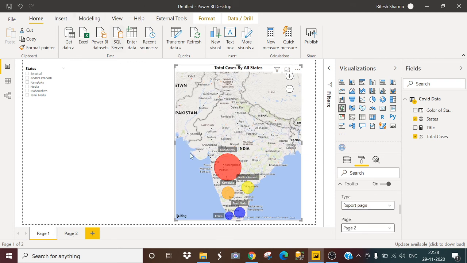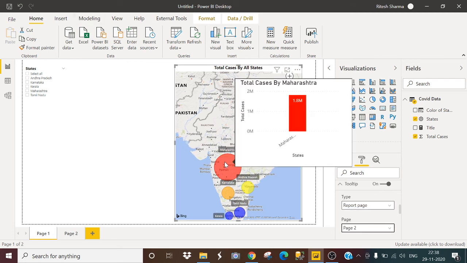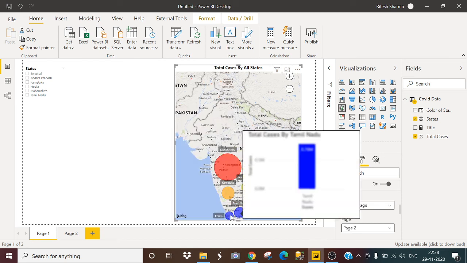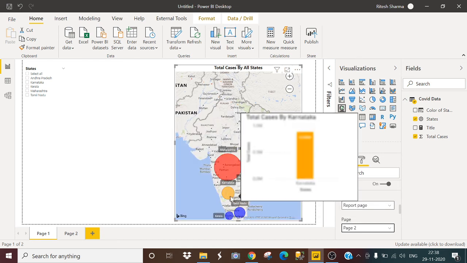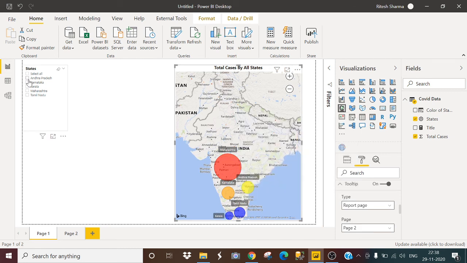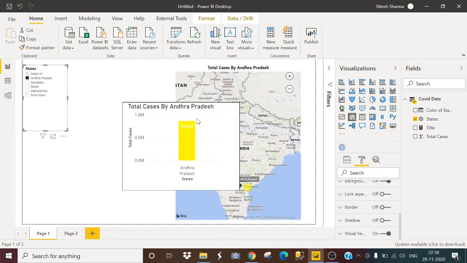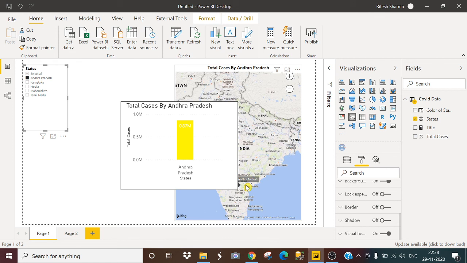Now if I point my cursor toward this graph, it shows the total cases of Maharashtra, Andhra Pradesh, Tamil Nadu, and Kerala in this tooltip. From the slicer also, the title is changing, the value is changing, and the tooltip is also showing fine.